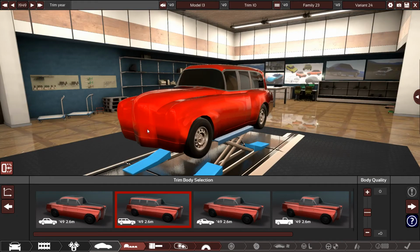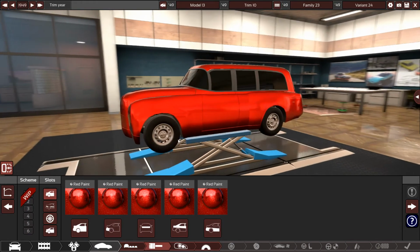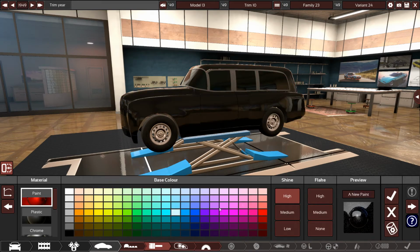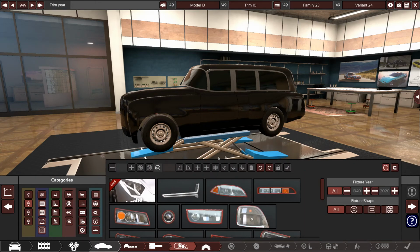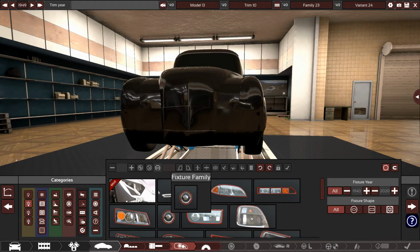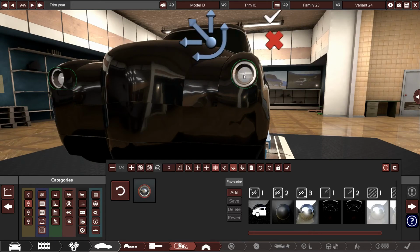Now, all these cars are gonna have a similar look in the 1940s. They don't really have too much going for them. One thing for sure is that the car is going to be black. Most of the cars around this time were black. And for reasons because it was cheaper. Cars weren't exactly being made